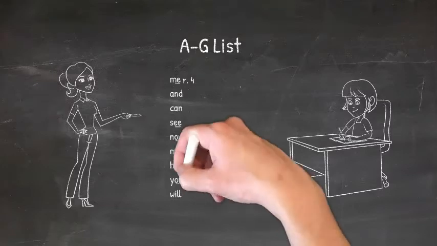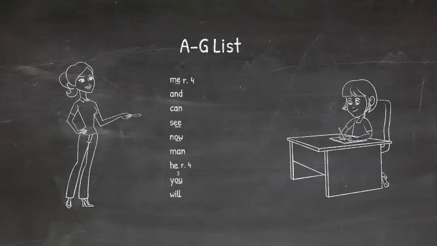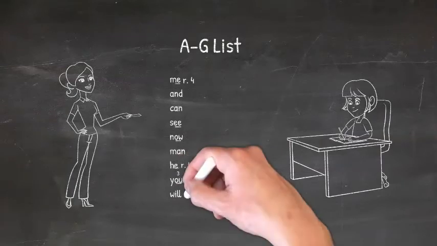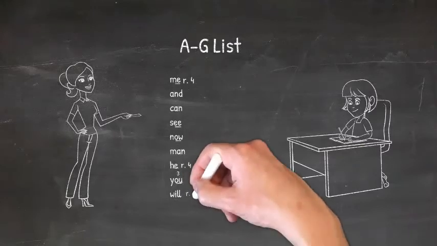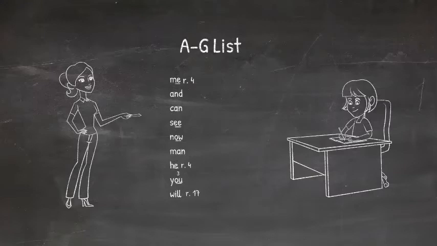The next word is you. We underline the OU because it's a multi-letter phonogram. It makes 1 sound. And the last word is will. The I's making a short sound because the L shut the door. And this is what we call the Flossie rule. The consonants F, L, and S, we double those at the end of a 1-syllable word.